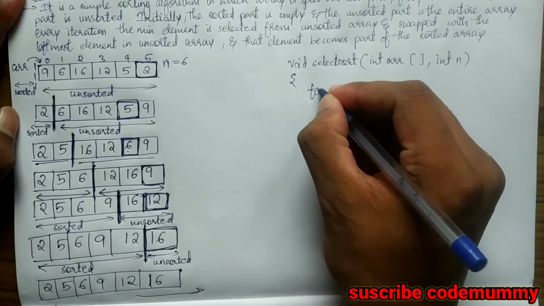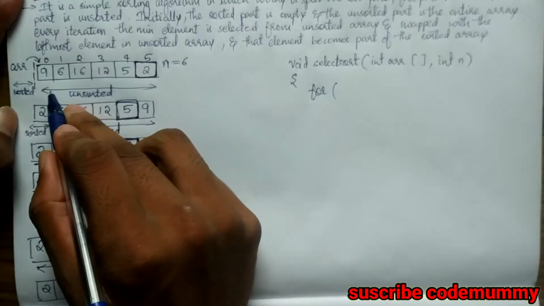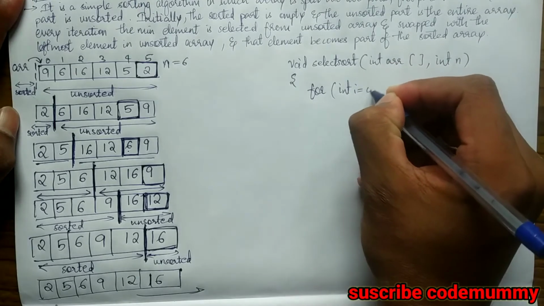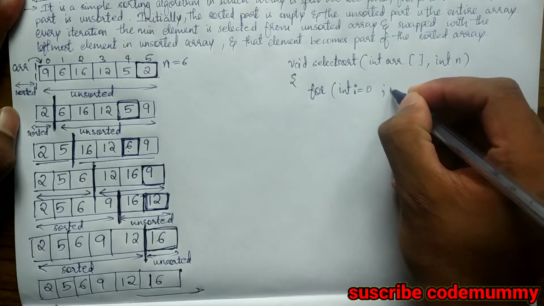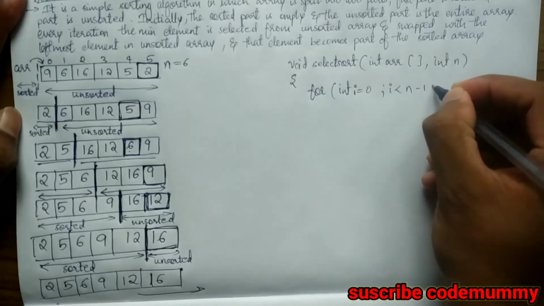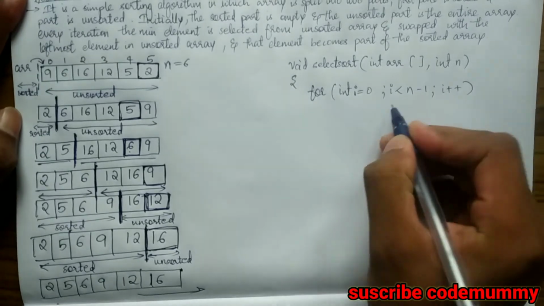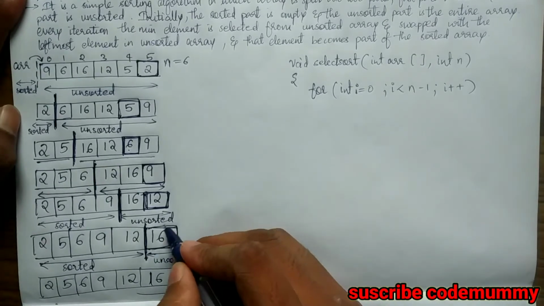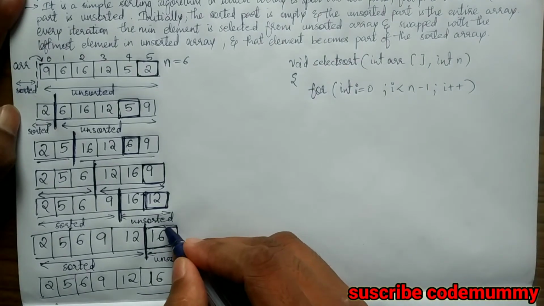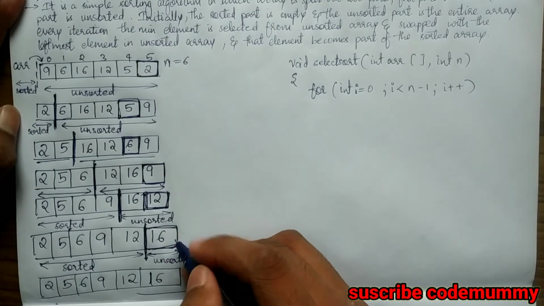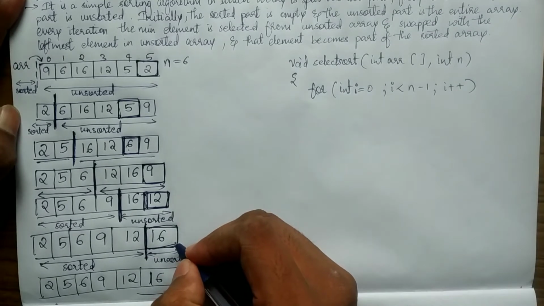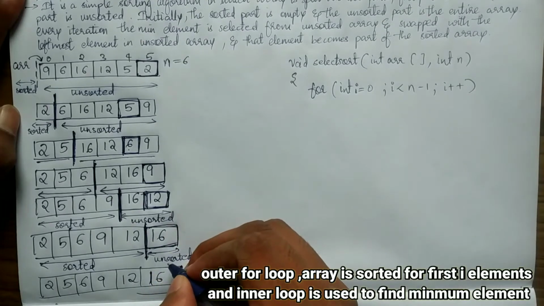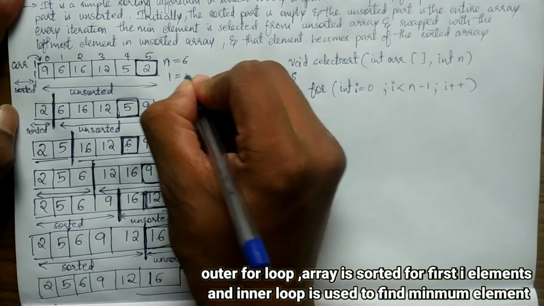So first we'll require a for loop to iterate through the unsorted array. So int i is equal to 0 and we'll take i smaller than n minus 1, i plus plus. Why are we taking n minus 1 here? Because we did not sort the last element here, as it was already in the sorting position. One element in an array means it is always in the sorted order. So we'll leave it here like this only. So this was our i is equal to 0.